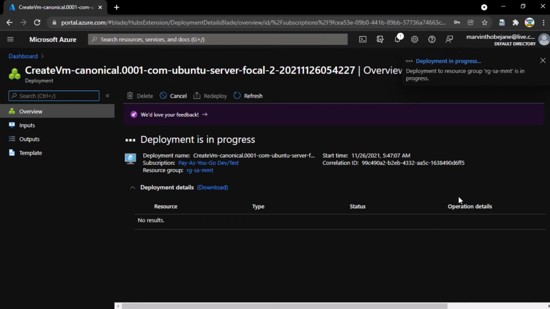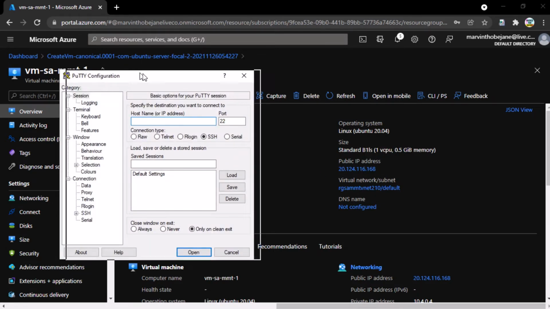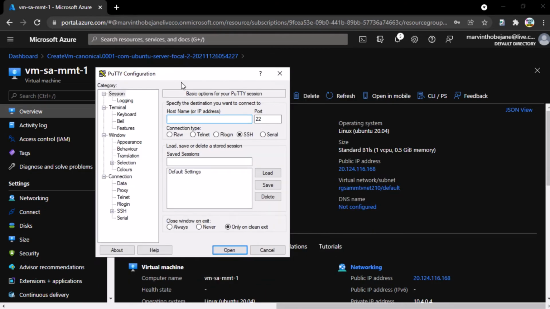Okay, we're just going to wait for the deployment. It shouldn't take too long. So after the VM is created and it's in the running state, there's a public IP address that we have here. We're just going to copy it and SSH into it. We're going to open up an application called PuTTY, depending on how you pronounce things. So in the IP text box, we're just going to paste that particular public IP address